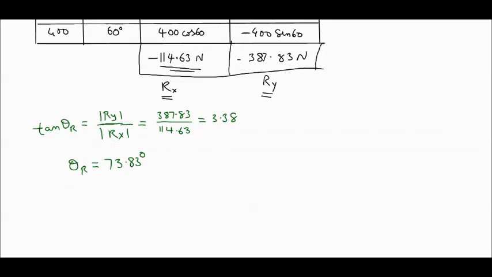Rx is 114.63 with a negative sign, and Ry is minus 387.83. Given these values, the magnitude of the resultant R may be given as the square root of Rx squared plus Ry squared,